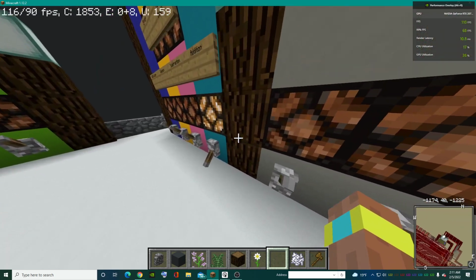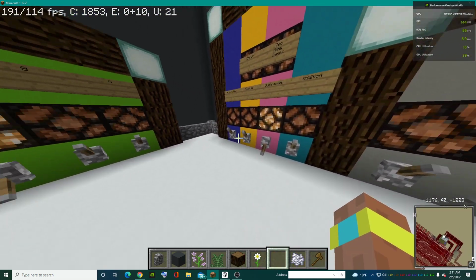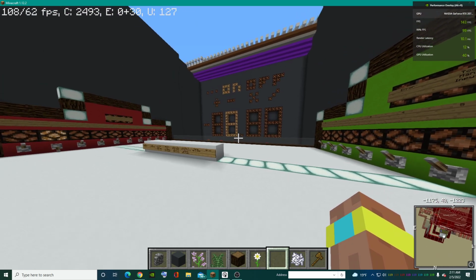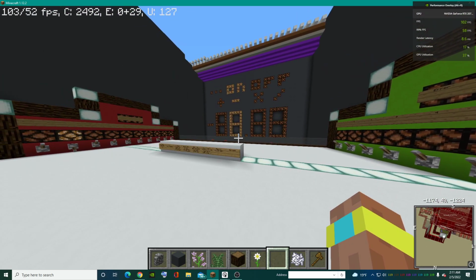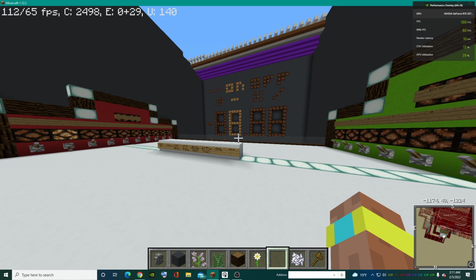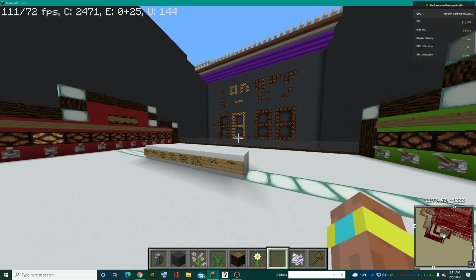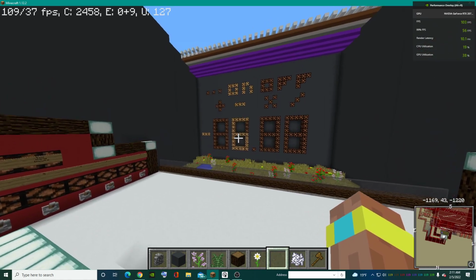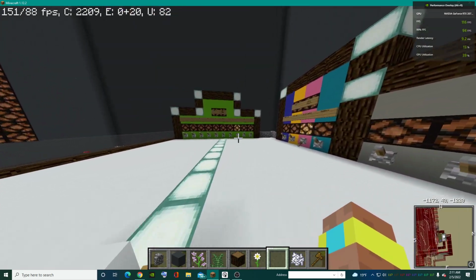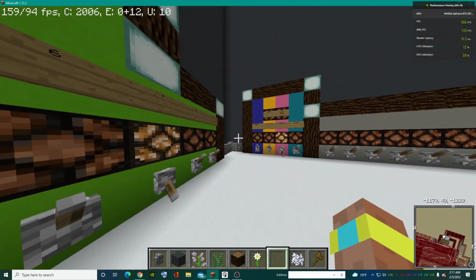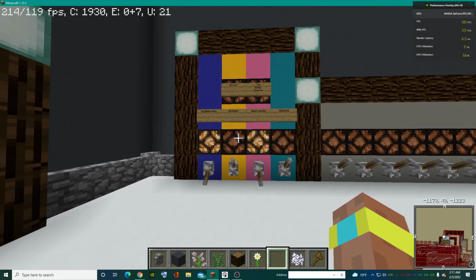Okay, 8, and then 1 minus 7. Be negative 6. Yep. So I also made it to where if you put in multiple inputs,